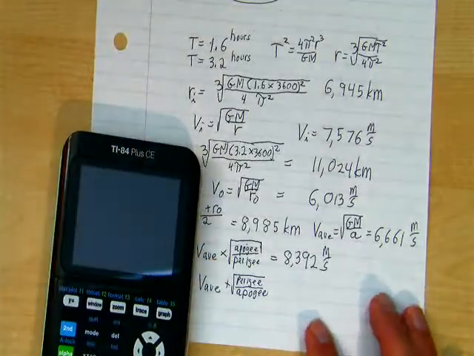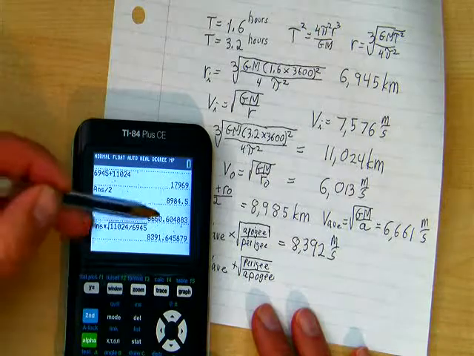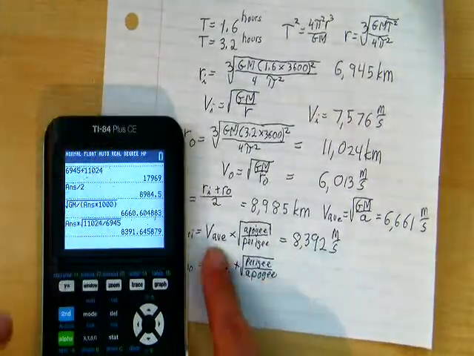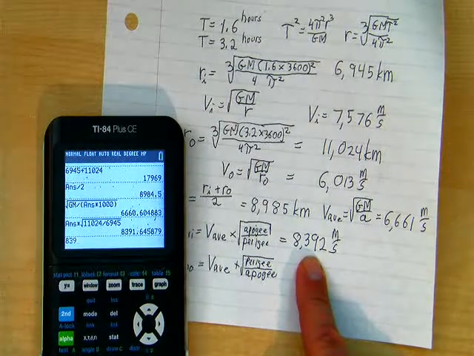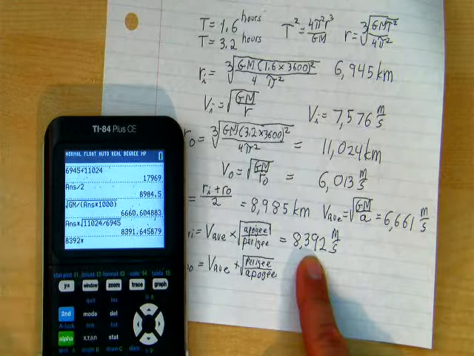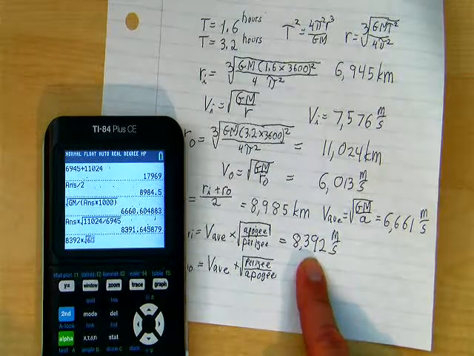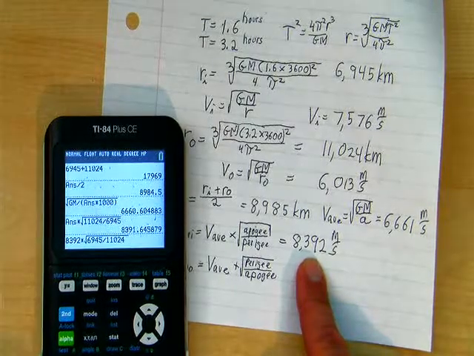And I don't really have a convenient way. I can't use answer divide by because that would put in the wrong value. What I can do is just re-enter the average velocity, 8,392 times the square root of, and this time I'll type in 6,945 divided by 11,024, enter,